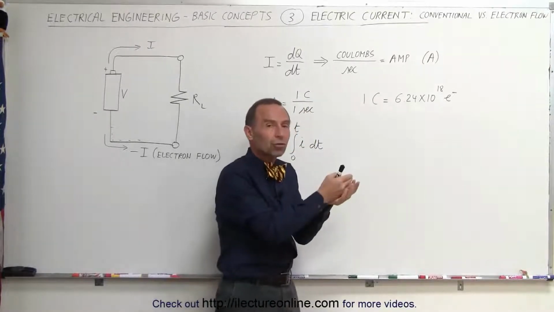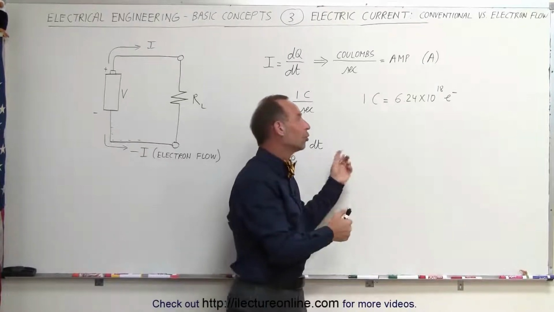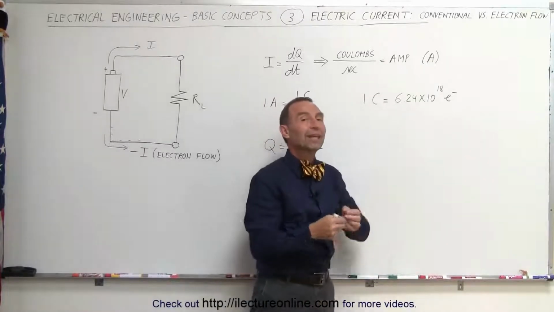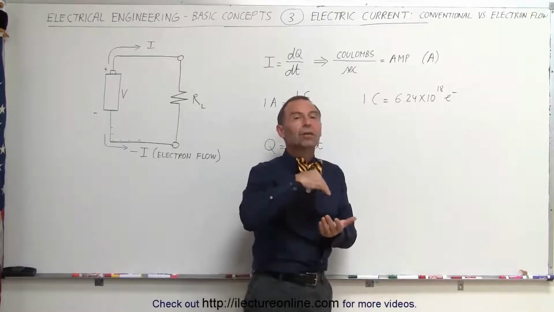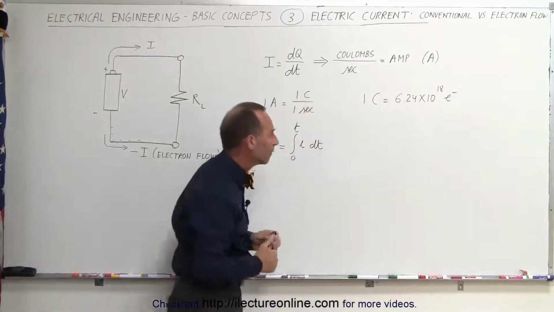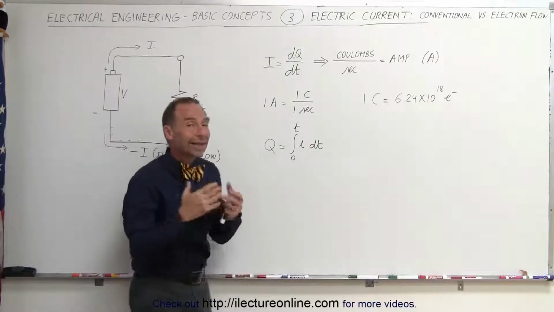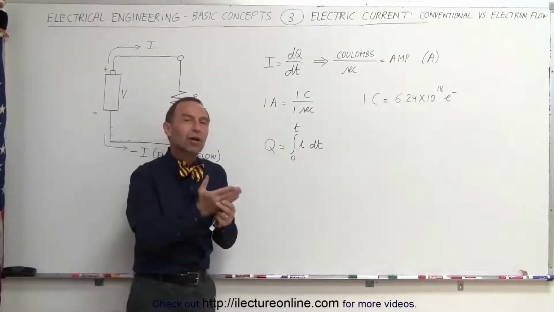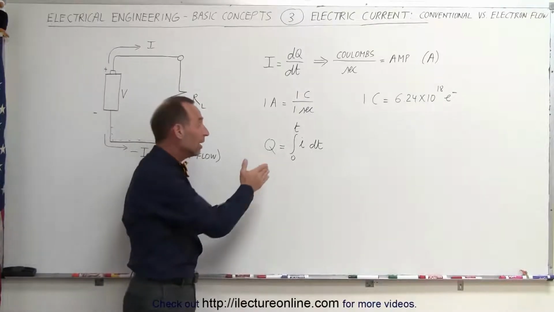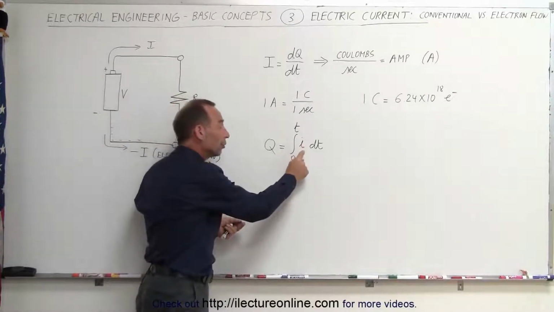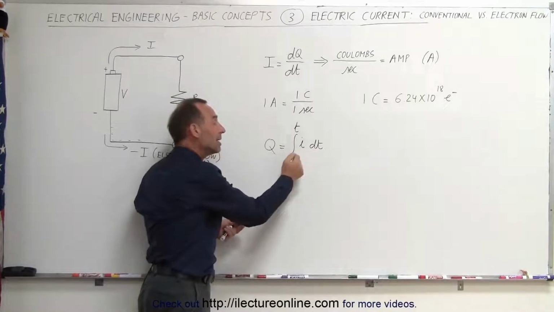Therefore, we call an electron charge a single charge, and a coulomb has 6.24 times 10 to the 18th of those. Again, we think of coulombs as positive, we think of current as positive charges flowing. Finally, if you want to calculate how much charge has gone past a certain point in the circuit, the charge that is past that point is equal to the integral of the current at that point times dt